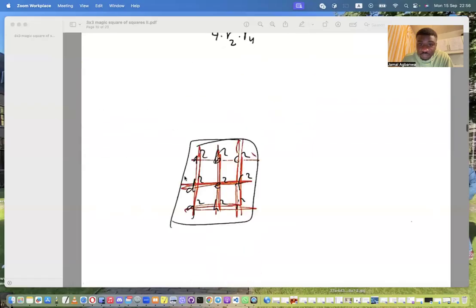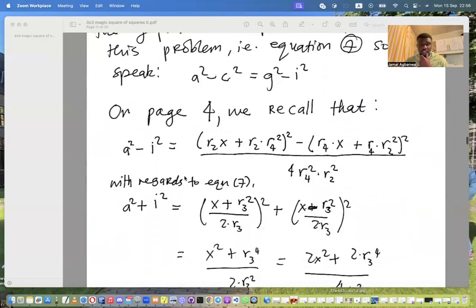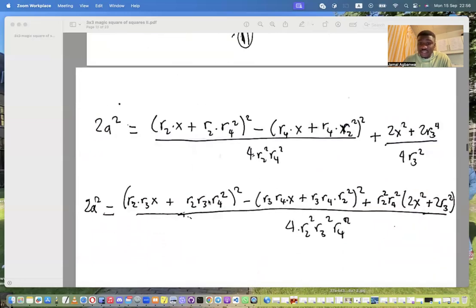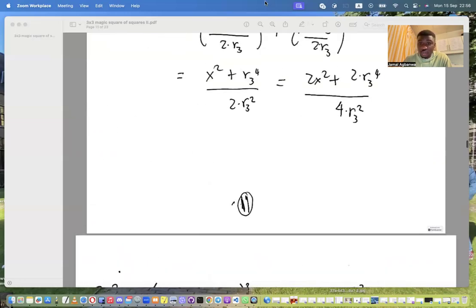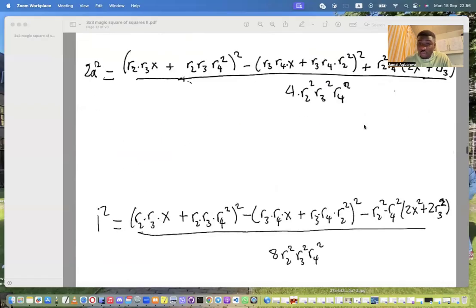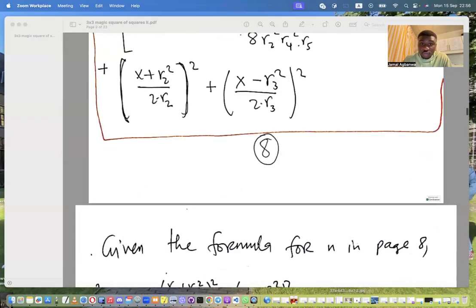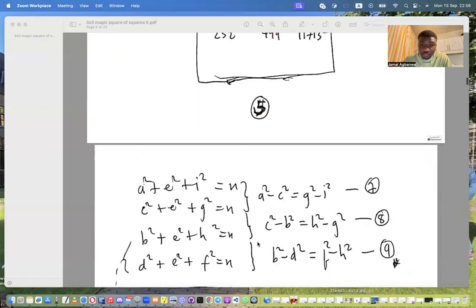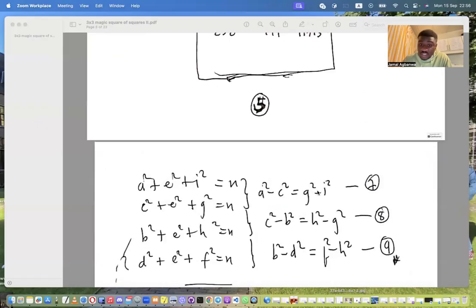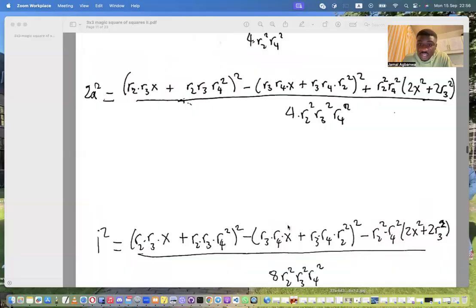So when you come here, you find out that down the line, I aborted the idea of going further with this part. I aborted the idea because I realized that if I was going to go further with these formulas for e squared and i squared, what would happen is that, like I said before, when you come here, you might indeed get solutions that satisfy this and satisfy whatever we saw on the first page, a squared minus i squared equals f squared minus b squared. And that leaves a gap unaccounted for over here. So, which is why down the line